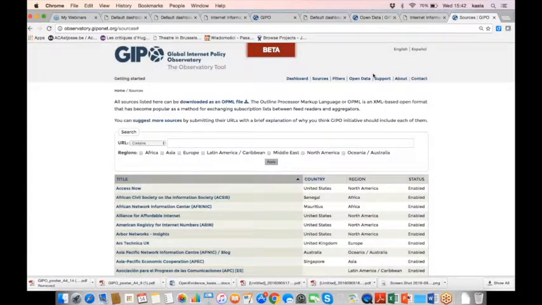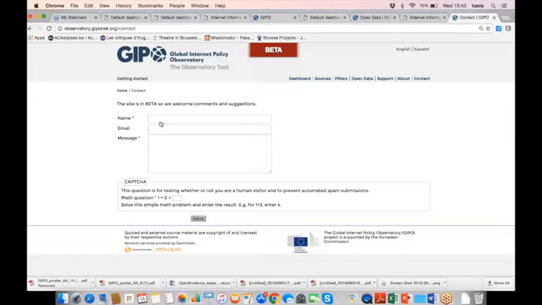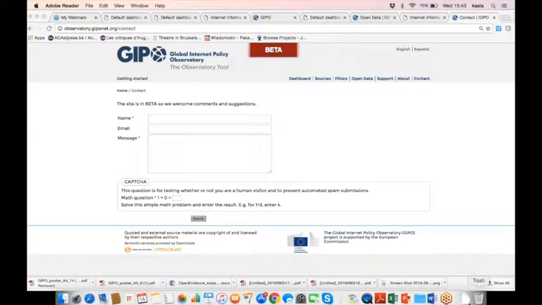I'm going to click the link, but you can also access this page directly from the JIPO Observatory Tool page, clicking sources. So here you can see what kind of sources we have, and you can suggest more sources by putting your name, email, and information that you want to suggest. And coming back,